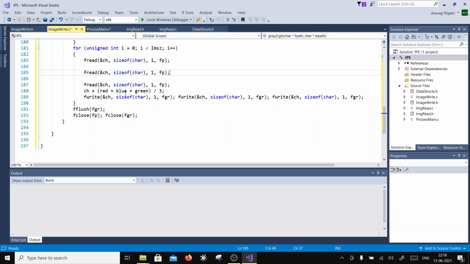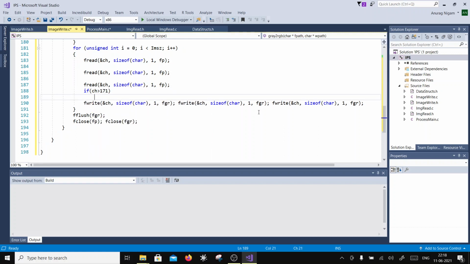So I will put here, very simple, so this portion I can remove. Then I can say, if I will just segment the image into 3 sections, right? One I will give to the red channel, other I will give to the blue channel, and then the green channel. So I will say ch is greater than, let's say, 171. So I have divided this into 3